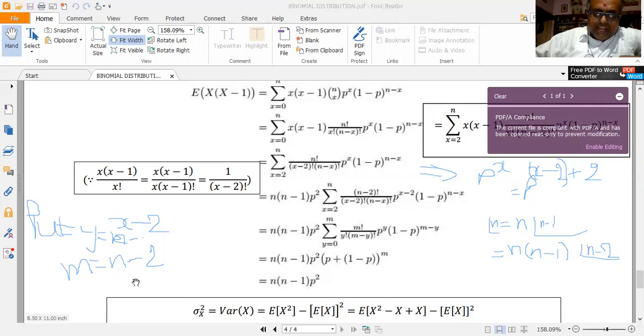Also, n can be written as m plus 2, and x can be written as y plus 2. So doing so, the 2 and minus 2 get cancelled, and I am left with m minus y factorial for n minus